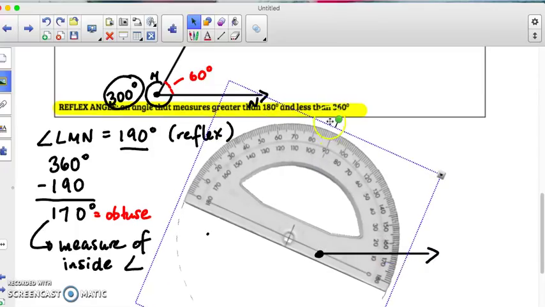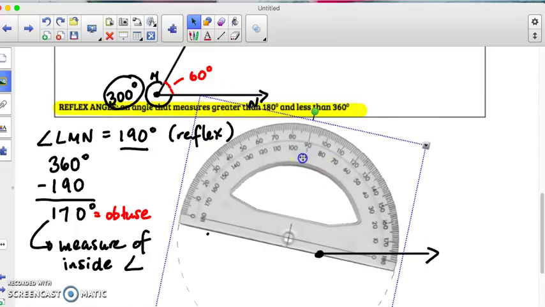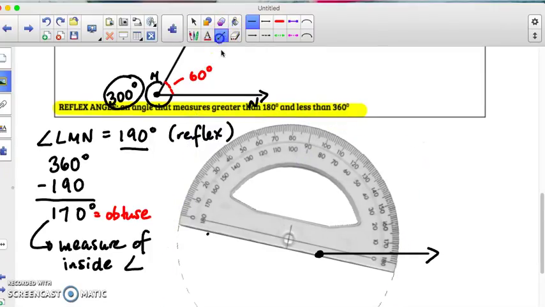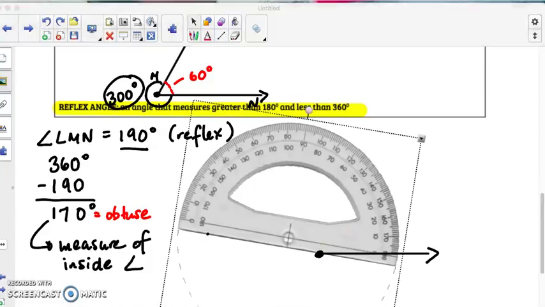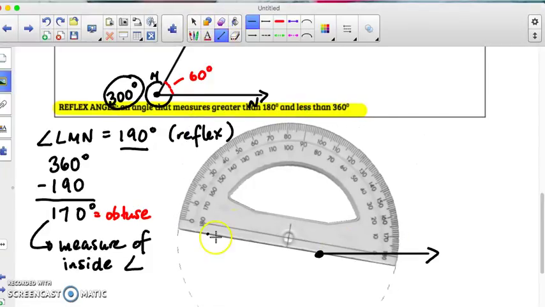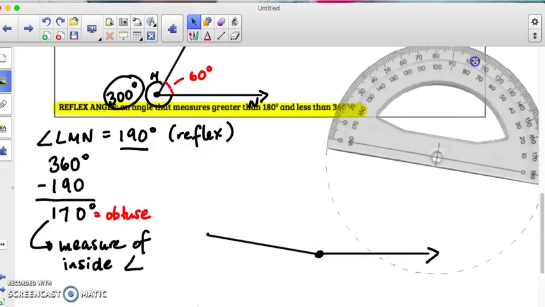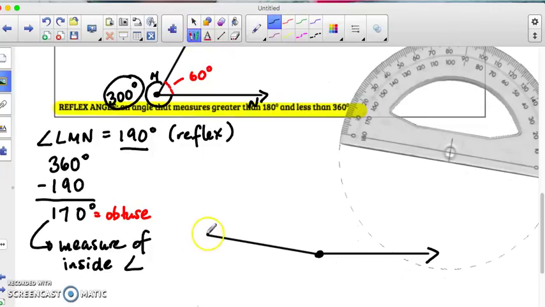I'm going to adjust it again so that the marking at 170 degrees and your vertex approximately meet up. Then you're going to mark up there and there. Take your protractor away and make sure you have all the necessary markings. So you want this LMN, and this is going to be 190 degrees, which is the reflex on